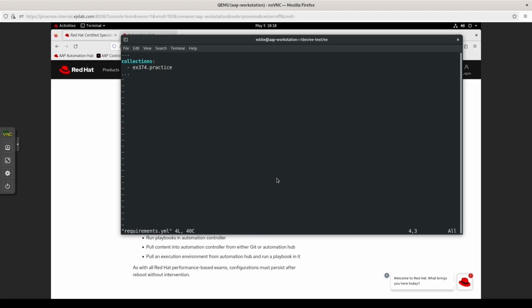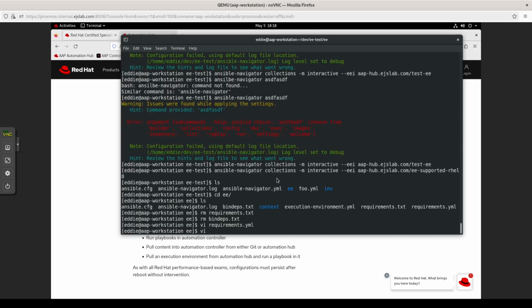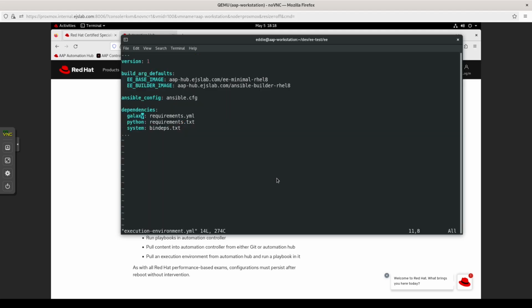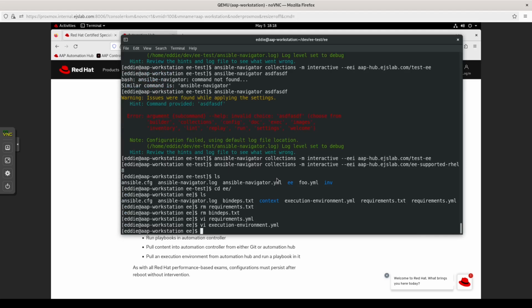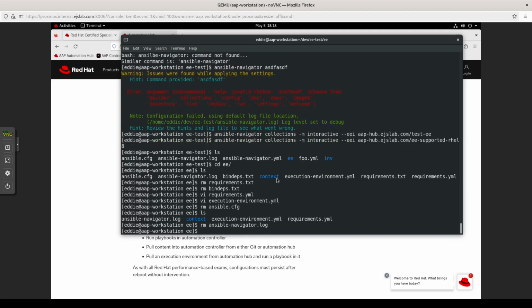Requirements.yaml, we're going to keep that. I need to update the execution environment file because we're not having those. I'm actually not going to specify an Ansible config for this either. I have a feeling that might be affecting things. Get rid of ansible-navigator.log,